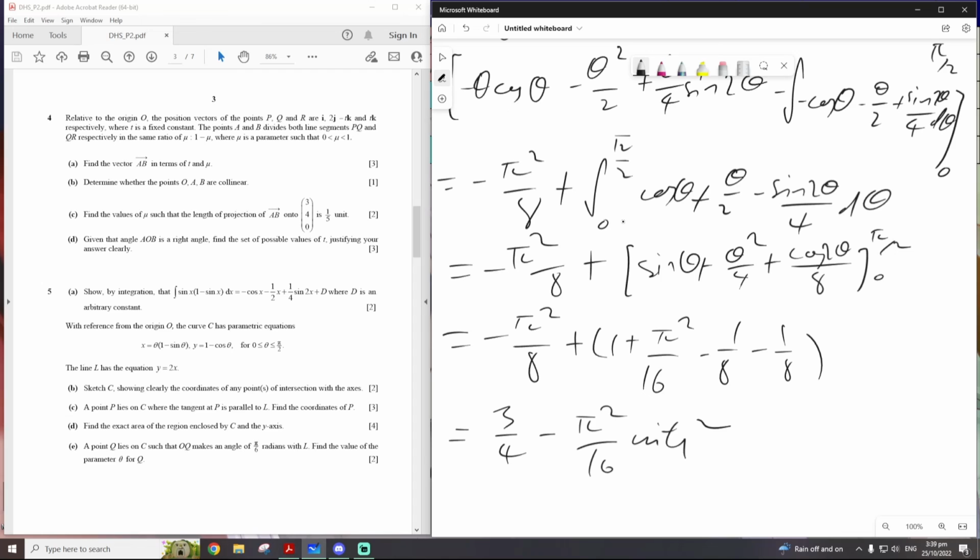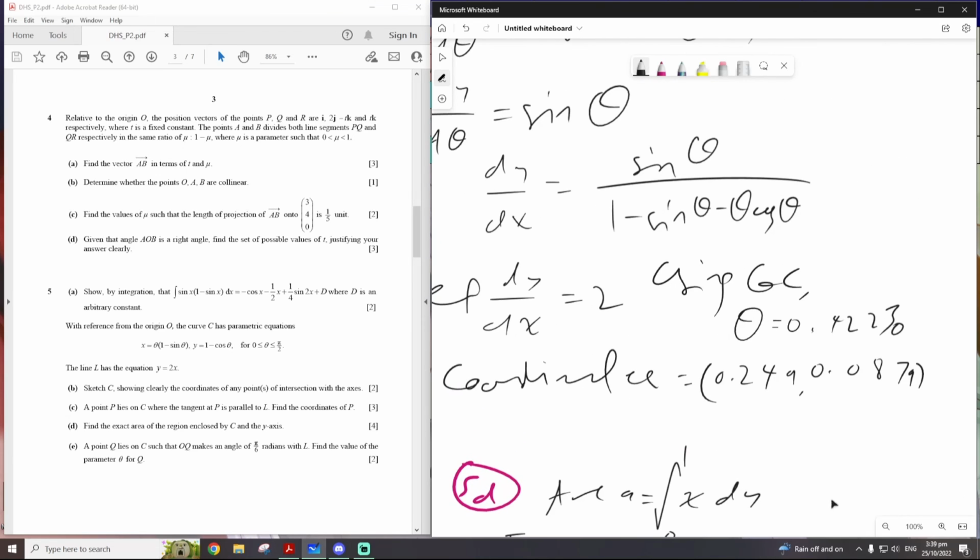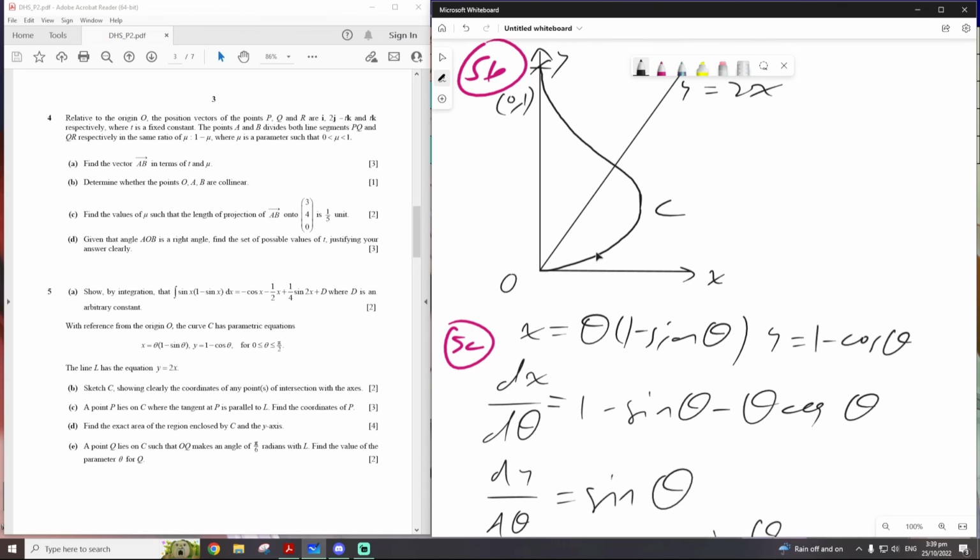A point Q lies on C such that OQ makes an angle of pi over 6 radians with L. Find the value of the parameter theta for Q. Okay, this is another tricky one. If we go back to our graph, we want it to make an angle of pi over 6 radians. So pi over 6 is 30 degrees. You can't really see it that well because I drew it a little bit off, but 2 is greater than root 3, so therefore the tangent inverse of 2 is greater than pi over 3. So we need the angle to be